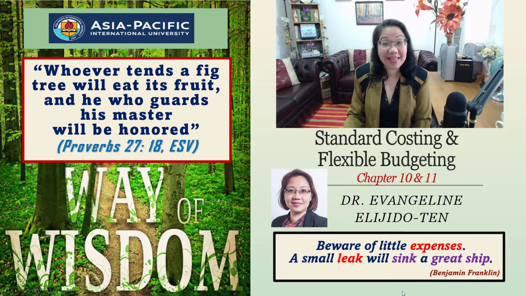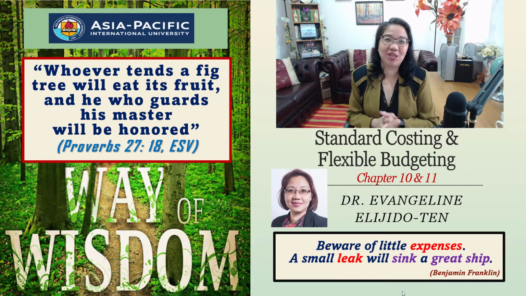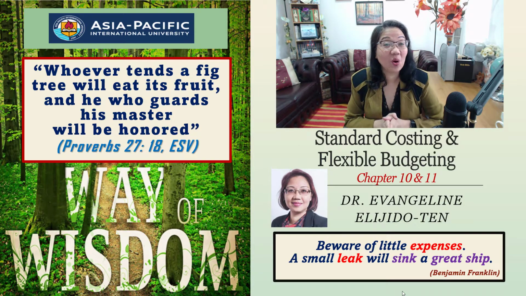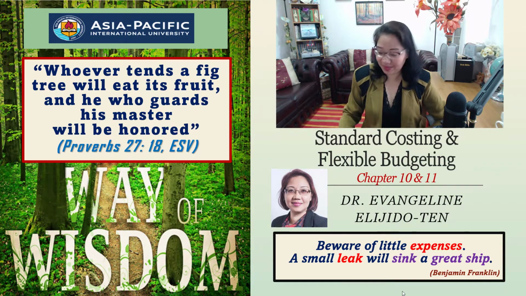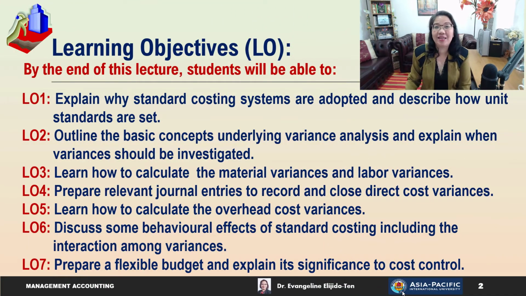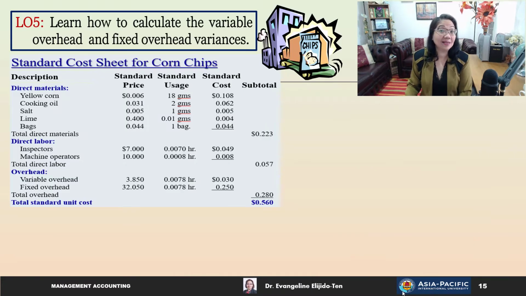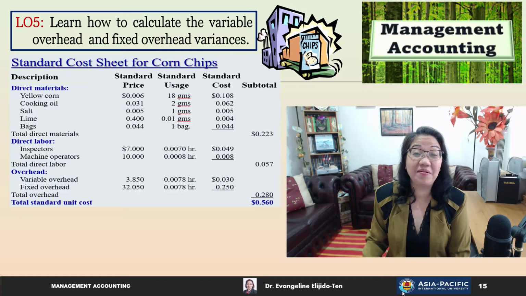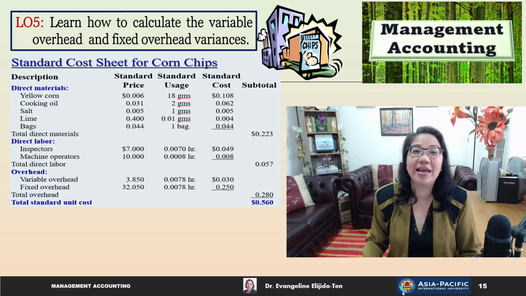Welcome back to the second part of this lecture presentation. We will focus on Chapter 11 of your textbook, and this is where we'll discuss overhead variances and flexible budgeting. The learning objectives that we will be focusing on in this part of the lecture are learning objectives 5, 6, and 7. As expected, learning objective 5 is where we will learn how to calculate the variable overhead as well